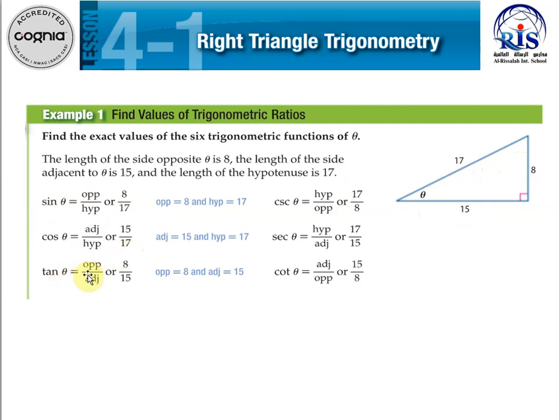Tangent is the opposite to adjacent, the opposite side is 8 and the adjacent side is 15, so it is 8 over 15. Now to find cosecant, secant, and cotangent, we can take the reciprocal of the sine, cosine, and tangent. The reciprocal of sine is cosecant, which is equal to 17 over 8. The reciprocal of cosine is called secant, and it is 17 over 15. The reciprocal of tangent is cotangent, which is equal to 15 over